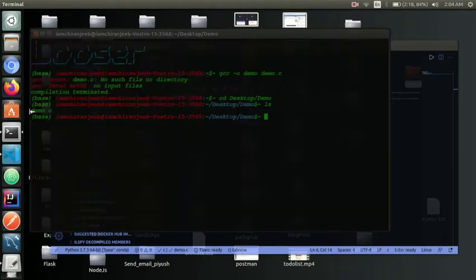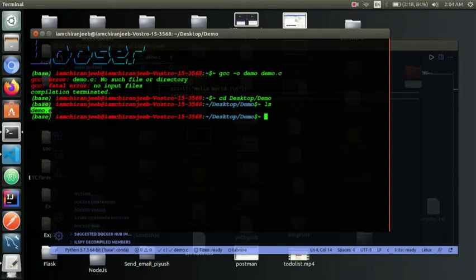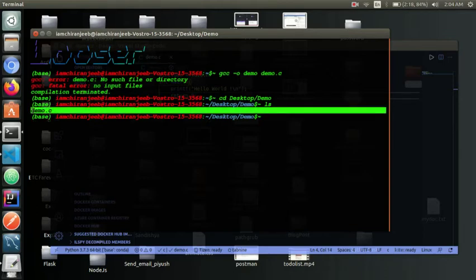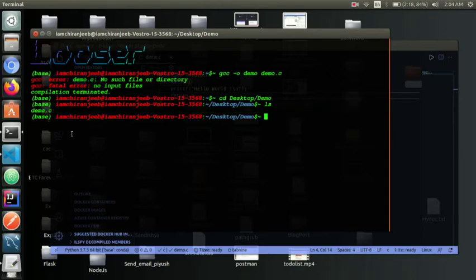Here we can see our program file is here. Now we will see how to run this program file and make the program into a command.